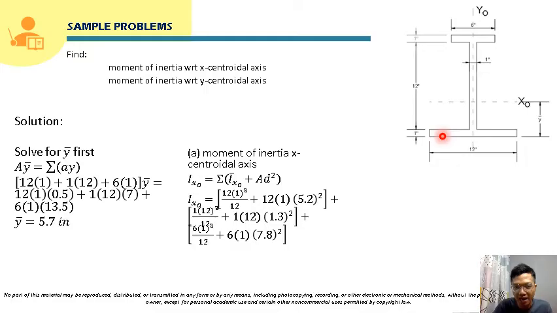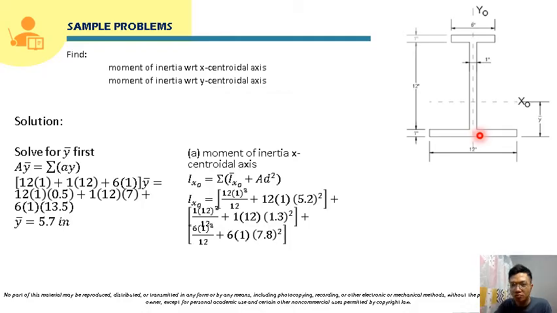So we will start here at this rectangle, the first rectangle. So this is BH cubed over 12. Since the centroid of this rectangle is not located at the reference axis, we will transfer. So AD squared, where the area is 12 times 1, and the distance D